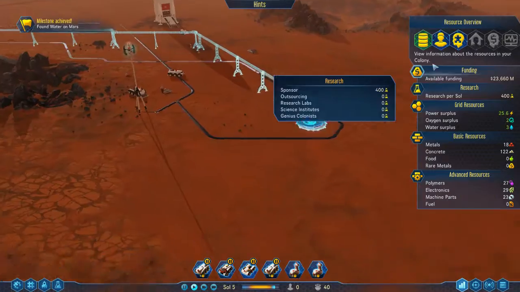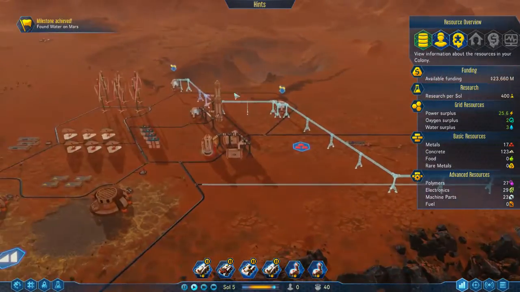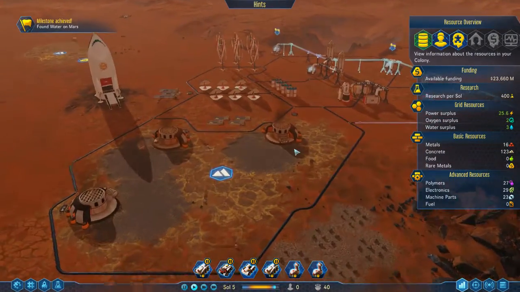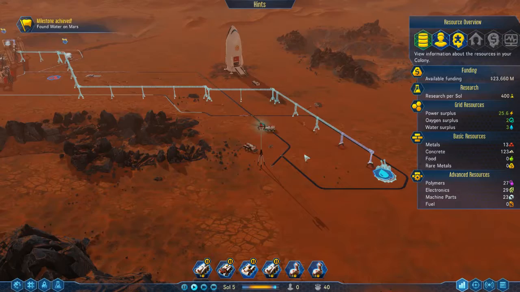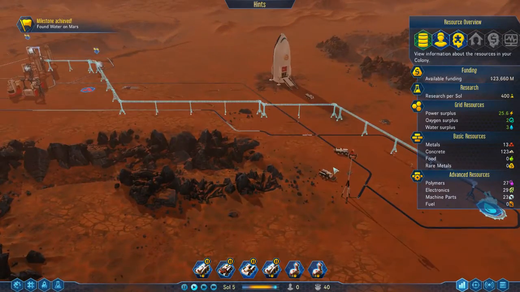Not too worried about water pipes at the moment. How are we doing? We've got actually a fair bit of concrete and metal. We are probably more or less ready to start looking at building a dome, I think. Or at least if we're not...